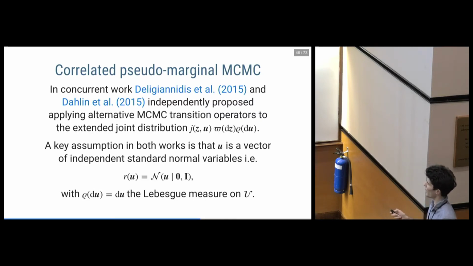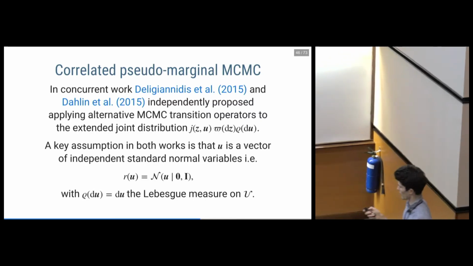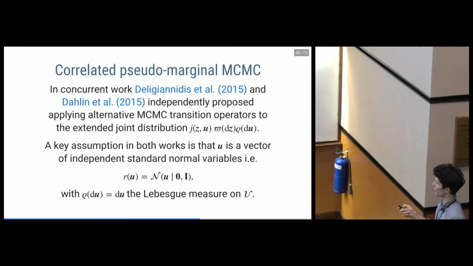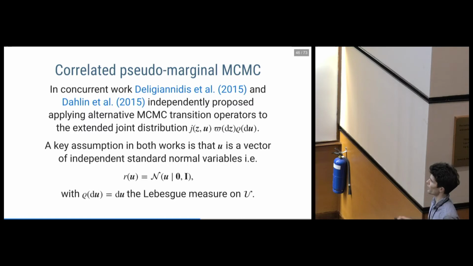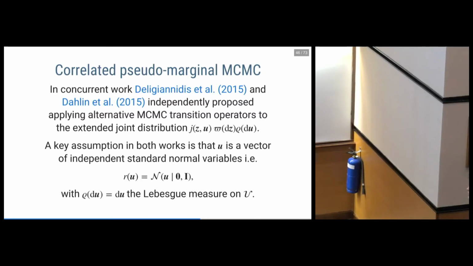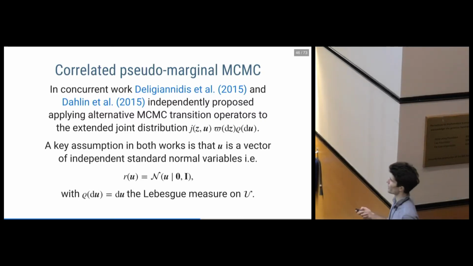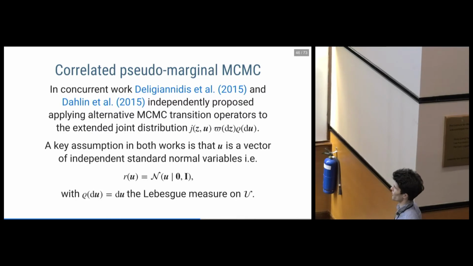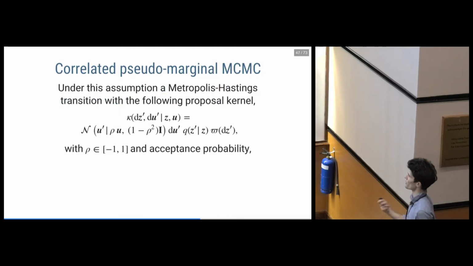And actually, as I've pointed out, the particular form of update, which is a Crank-Nicolson update on the auxiliary variables, is quite closely related to the elliptical slice sampling algorithm that we propose to use in the pseudo-marginal slice sampling paper. So they make the strong assumption that the auxiliary variables have this normal prior distribution, but under that assumption,